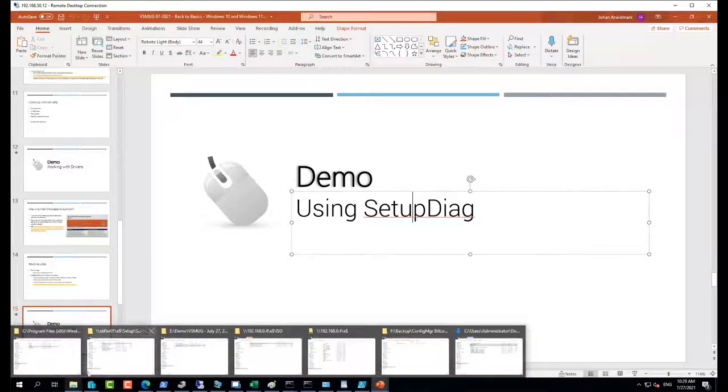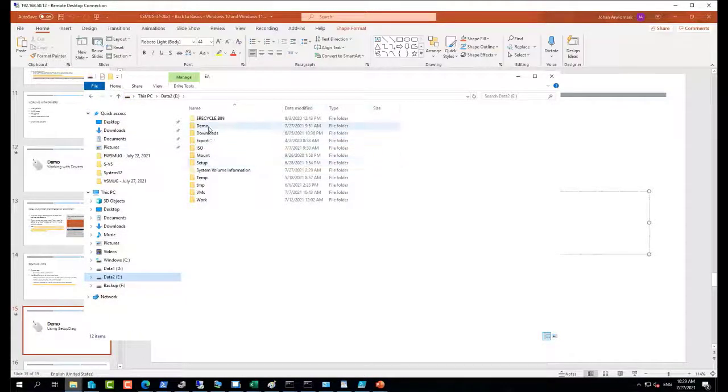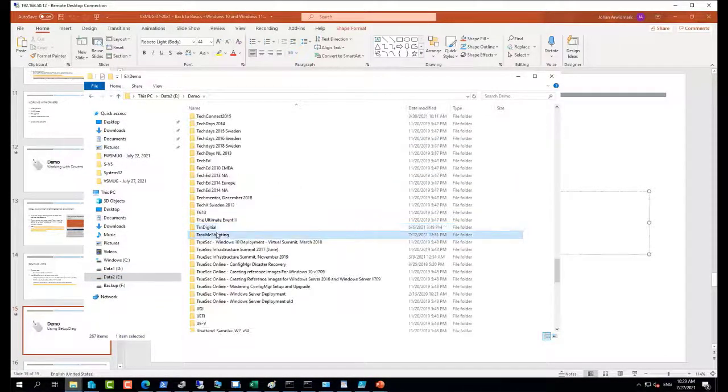So what I have here is a folder in which I have gathered a few failed deployments over the years,